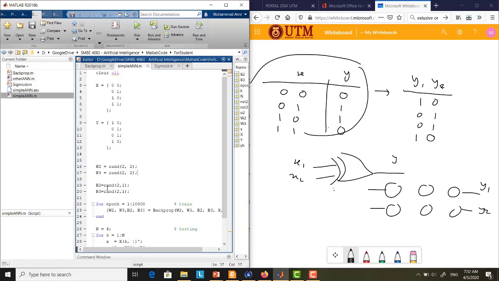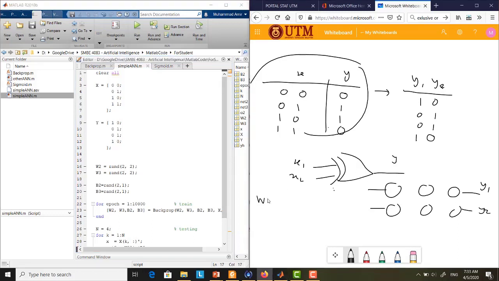Same goes to the bias. So this is 2 times 2, this is 2 times 2, and this one is 2 times 1, this is 2 times 1. So at this one, once you implement this code, the W2 is equal to,